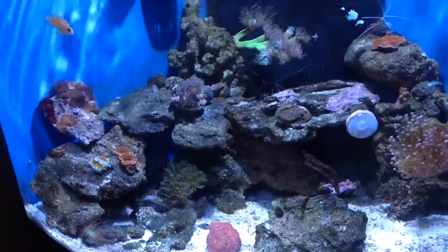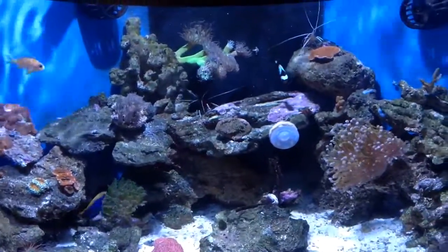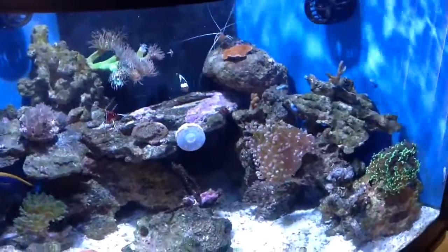You can see here the tank's doing good now, and I hope your tank's doing very well. Hopefully you can see some growth out of these corals next time you